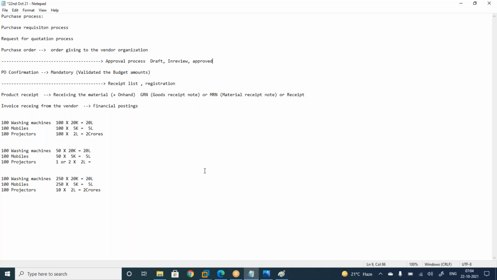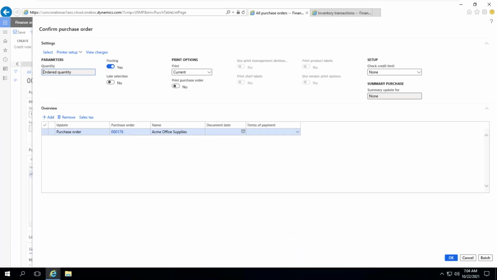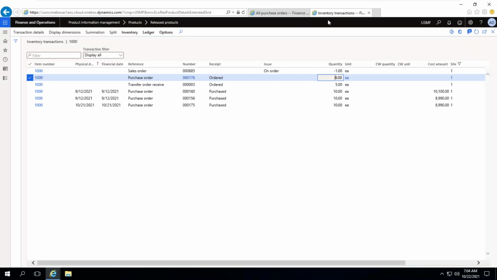Okay. So in this purchase order, we create the purchase order, then confirmation, then approved, then we need to do the invoice, no? Yes. At this point, I will give you all clarifications on whatever you are asking. There are many things. Currently, see here we have created a purchase order. Once it is created, it will update in the on hand inventory ordered quantity. In this, you cannot see how many confirmed, how many approved, how many draft. It is all in ordered quantity only. Let me show you. Give me a second.